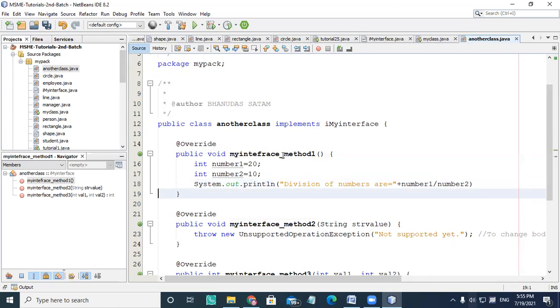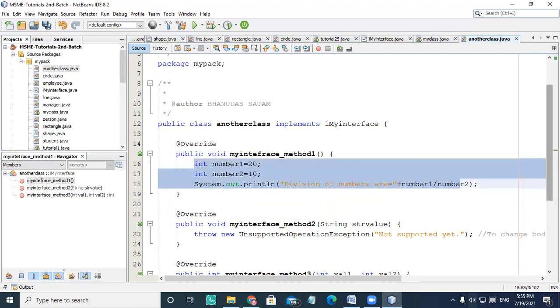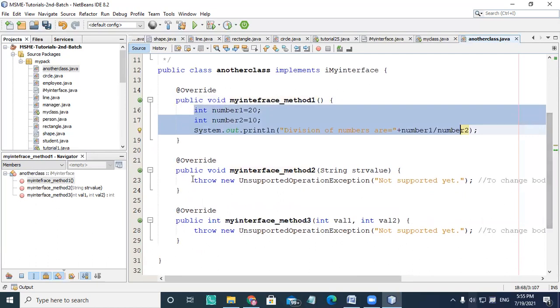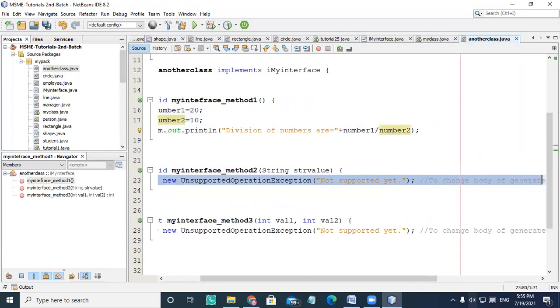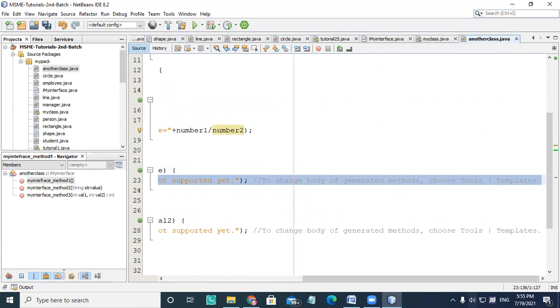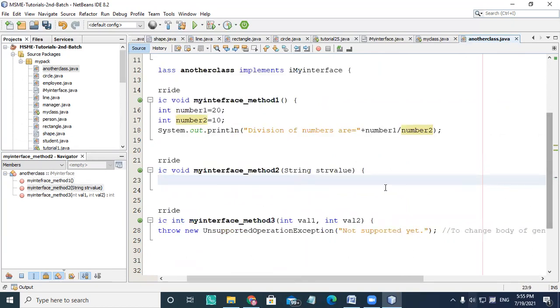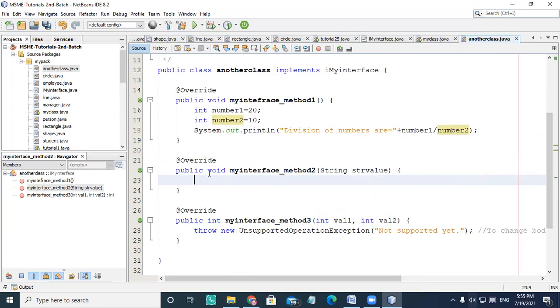So it's a different procedure. That doesn't mean every time it's going to print the same body. In previous cases, the body was printing hello world, and now it is printing a division here.